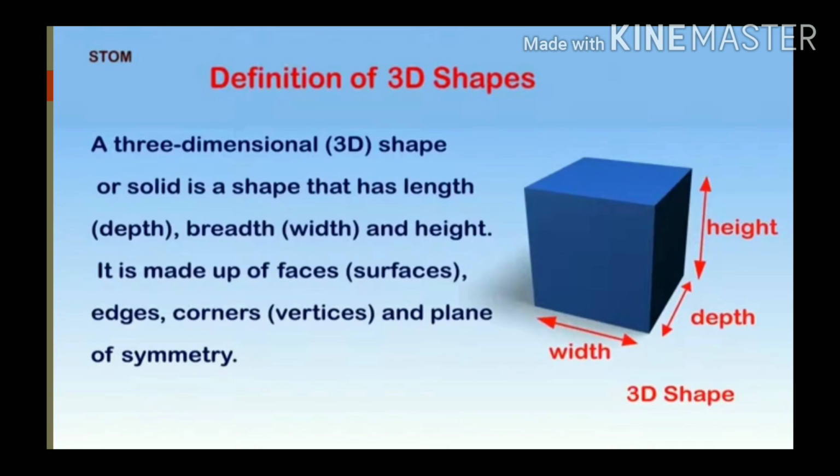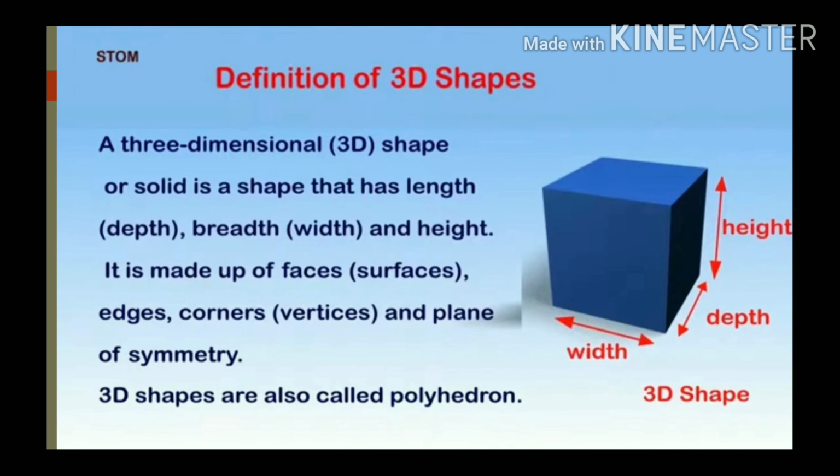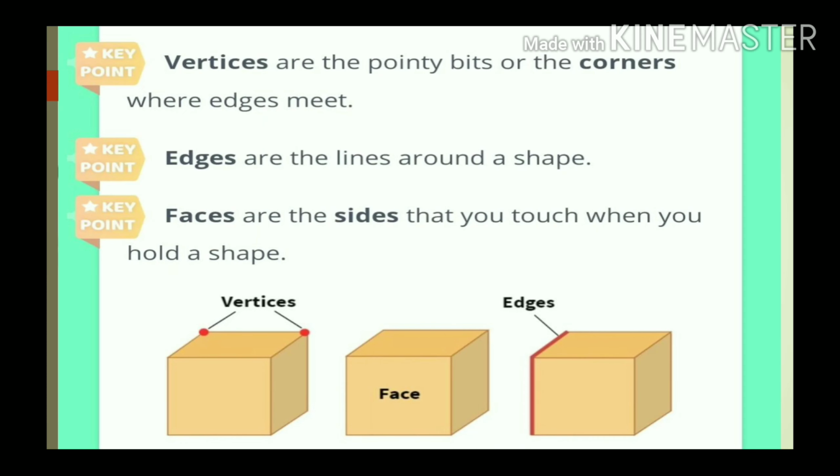Students, as we all know that 2D shapes are also known as polygons, similarly 3D shapes are also known as polyhedrons. Now, let's see the terms vertices, which is the plural of vertex, edges, and faces. So, students, vertices are the pointy bits or the corners where edges meet. Edges are the lines around the shape. Faces are the sides that you touch when you hold a shape. As you can see in these pictures,